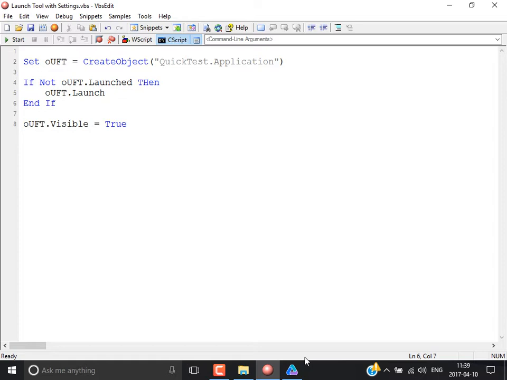Maybe in one module you have only the web, but in the same project some other module might be interacting with another application as well, where that application might be some Windows based application or something. So when you're executing the script for the other module, then you might need to change the add-in. So in such cases,